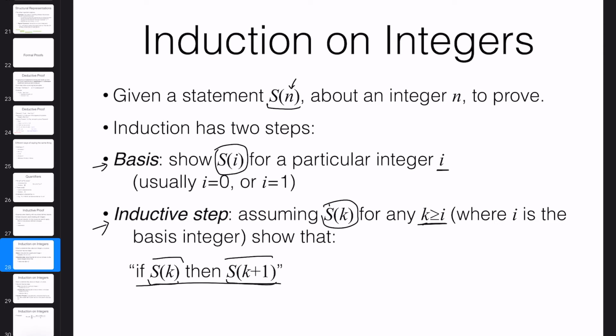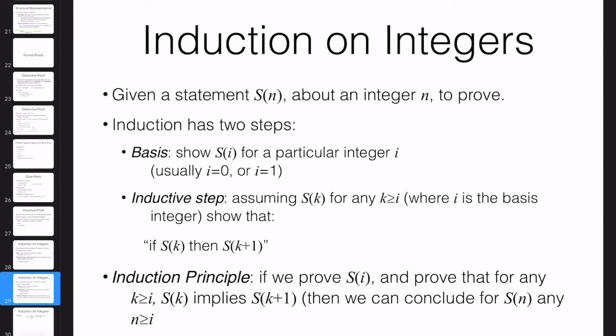So if you do both of these two steps, it actually shows that for all the numbers n, the whole statement S of n is going to be true. The reason is that you are showing that for some smallest, some basic, some base number, this is true. And then it's a kind of recursive thing: from that base, because you have already shown this, you can show that for